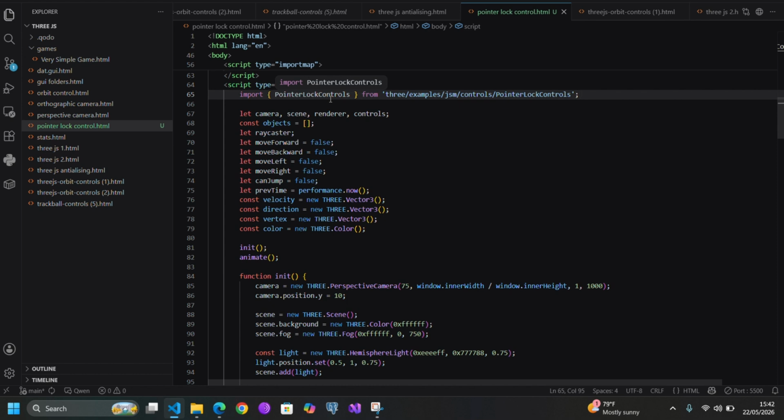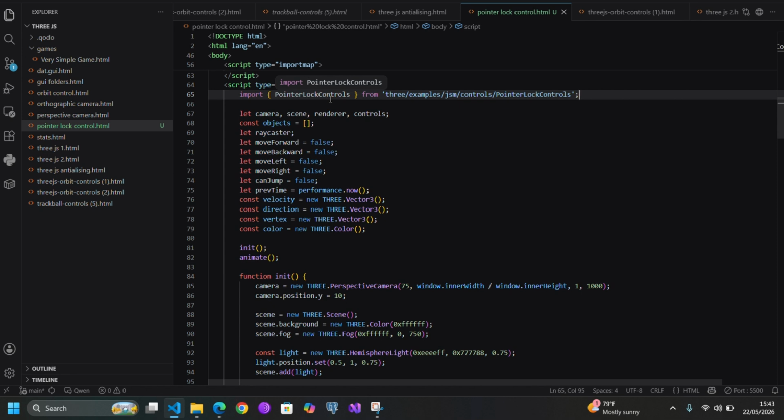It hides the cursor, and it uses mouse movements to rotate the camera, like for example in FPS shooters or Minecraft. And then the let camera, scene, renderer, controls. These are the core Three.js components. As we've talked before, for example, if we say scene, a scene has children like cameras and all that stuff. So these are the core components,